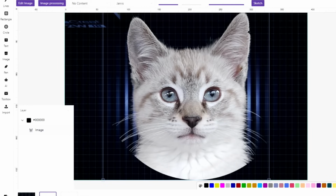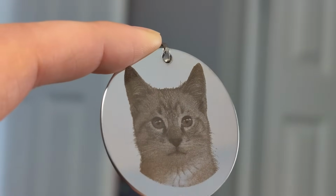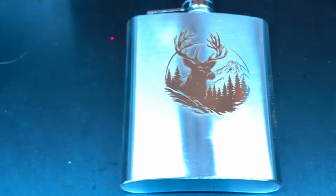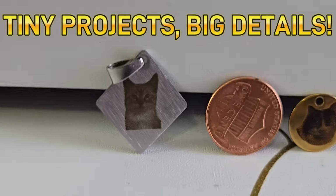I took a photo of our new kitten Goose and turned it into 4 stunningly detailed stainless steel keychains right in my craft room using the WeCreat Vista 2-watt IR laser. And let me tell you, the results were mind-blowing. This machine is great for laser engraving shiny metal surfaces like custom jewelry, flasks, name plaques, trophies, medals, and so much more. Let's dive into how it works, why I love it, and show you some of the awesome projects